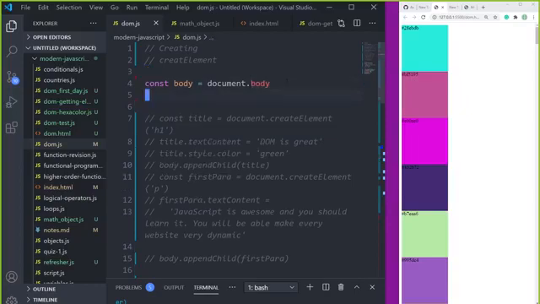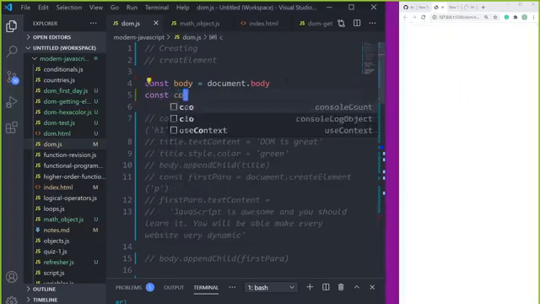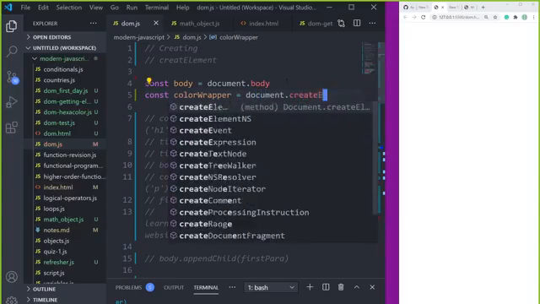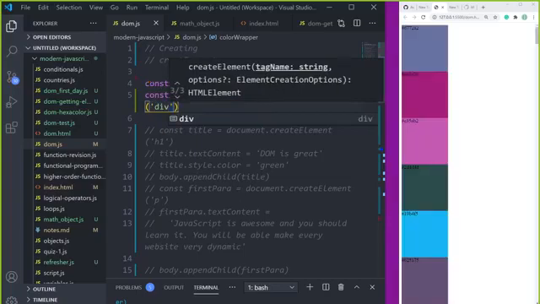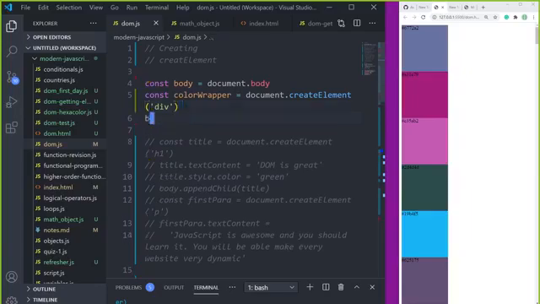Let's create a const divColorWrapper, and I call document.createElement, and I call it div, and I want to append this one inside the body here. body.appendChild